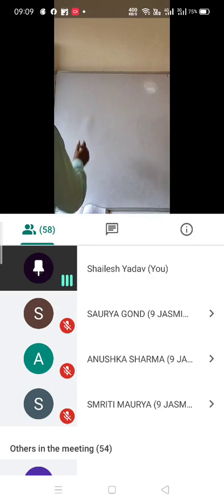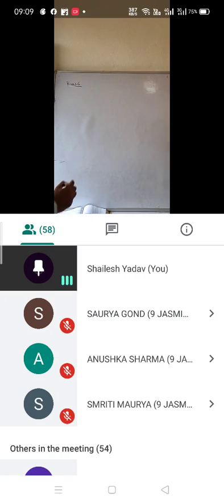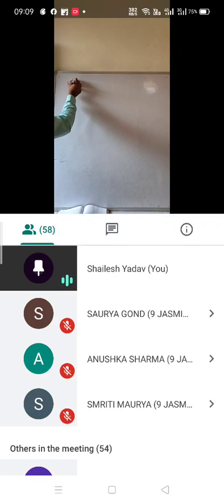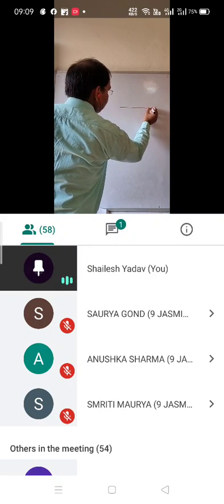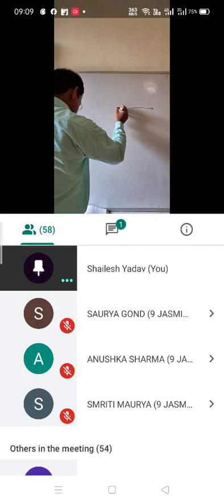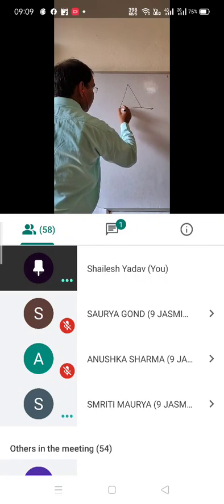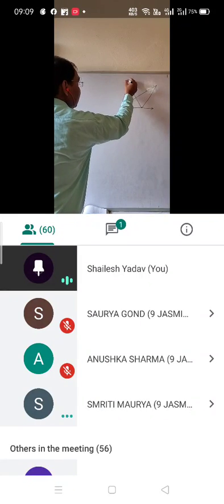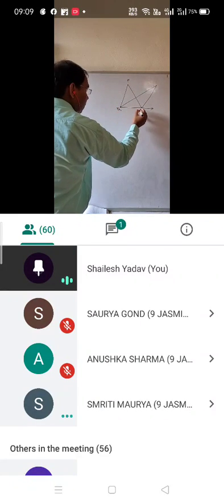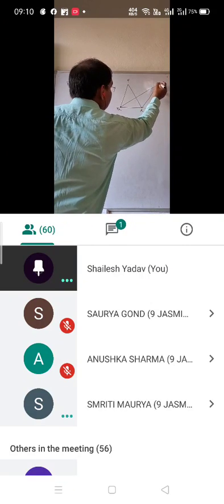First I will draw the diagram for that. It is the question number 6th and it is given on page number 108. That is on page number 108. Now for this question, one diagram is given like that. So here it is the diagram, here it is P, Q, R, and here it is S, T.